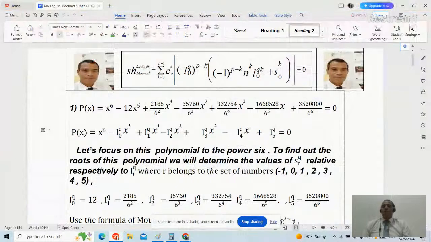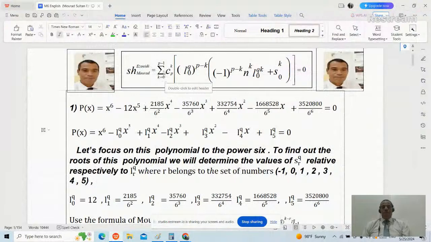Thank you. So you can see this is a formula of Mr. Mourad Sultan Ezouidi. It's written as SH Ezouidi Mourad. S is Sultan, H is the name of my mother, and this is me, Ezouidi Mourad Sultan, equal to the sum